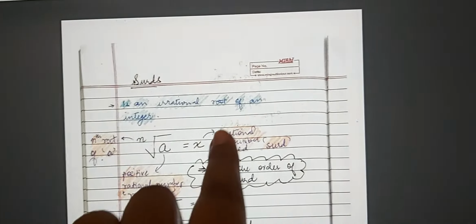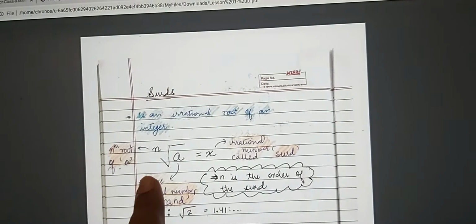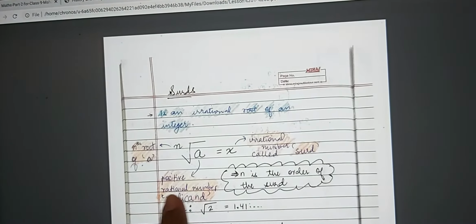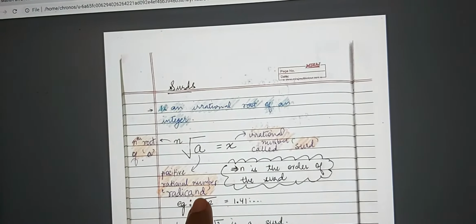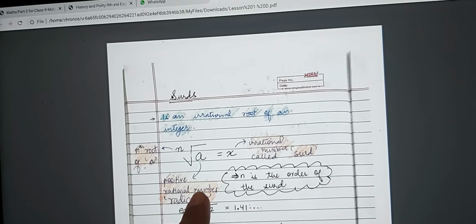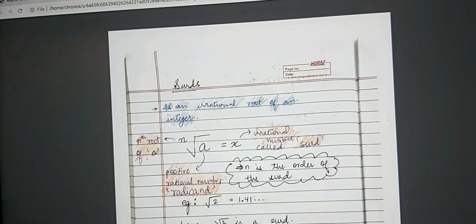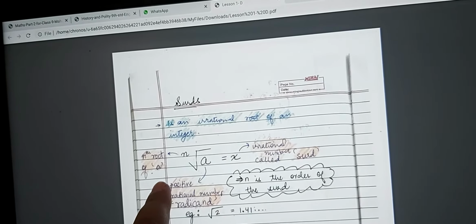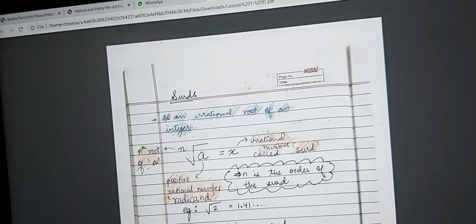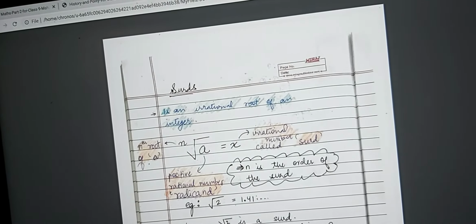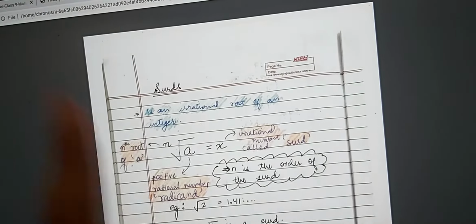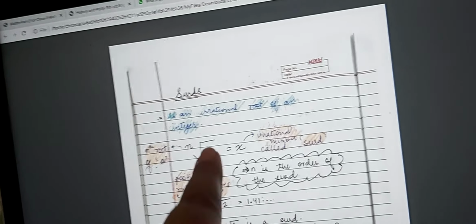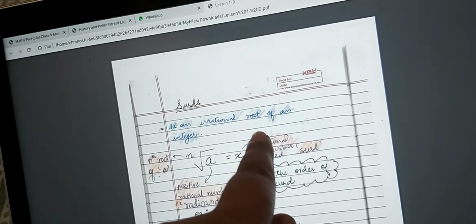Now, assuming that this is something, we don't know what this is, जो रूट के अंदर है a. Okay, what is a? It is a positive rational number or the radicand. Okay, now positive rational number मतलब 2 3 4 5 जो भी जाएगा वो अंदर जाएगा. n is the root of a, which is say square or cube. Okay, so it's usually either a square or a cube, correct, which is equal to x. Now what is x? X is an irrational number called the surd. Now ये जो x है, this is called the surd.